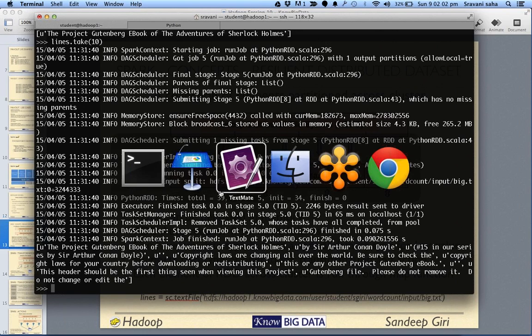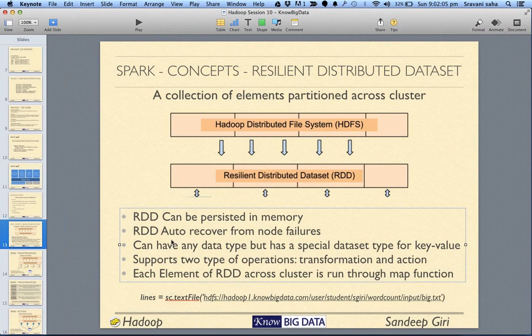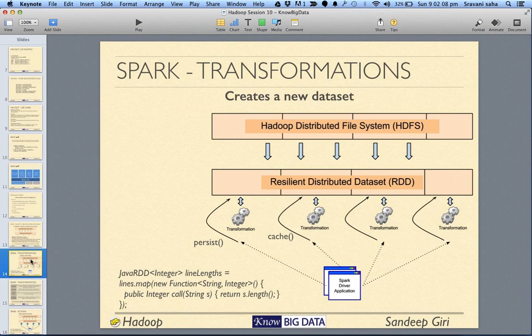All right. Now, next step towards this is transformations. Now we have created an RDD. We can apply a transformation on top of it, or we can apply an action on it. Just like we had the MapReduce paradigm in Hadoop MapReduce, here we have transformations and actions.